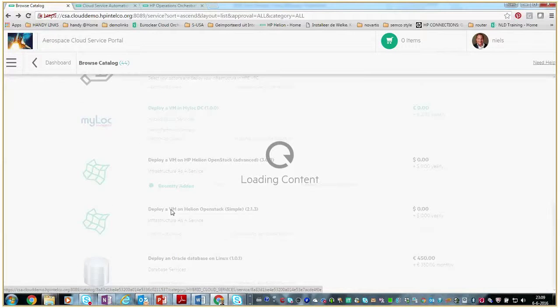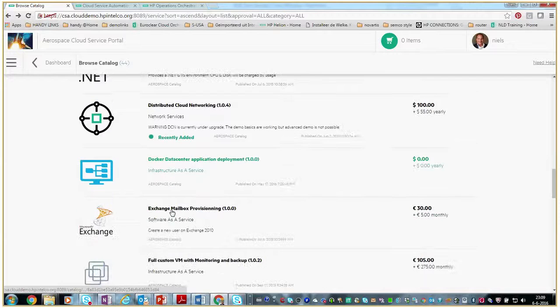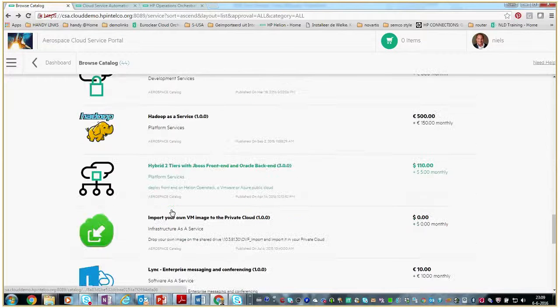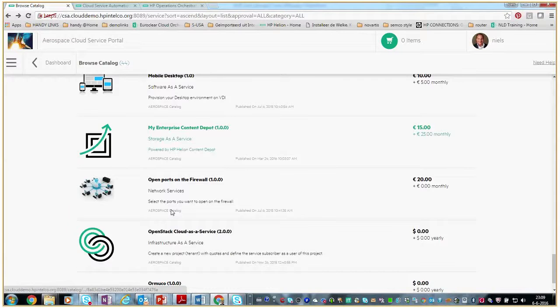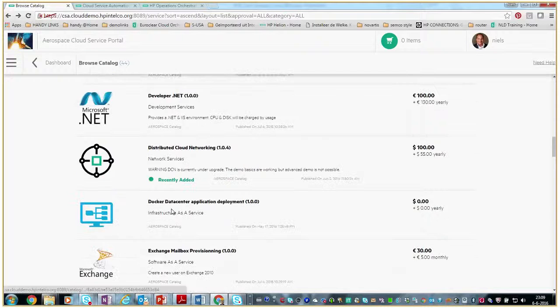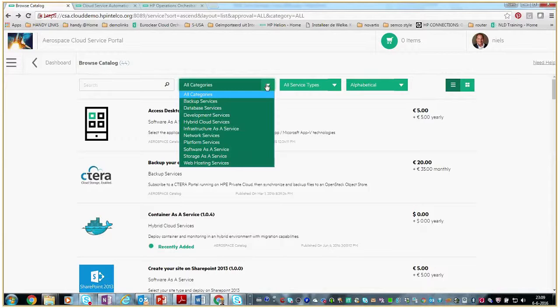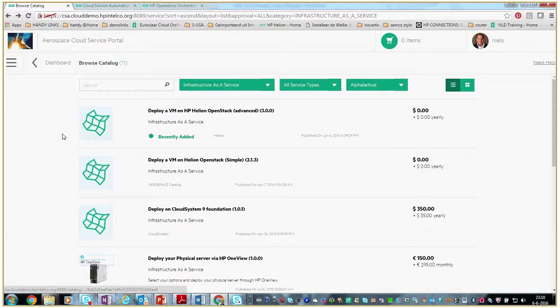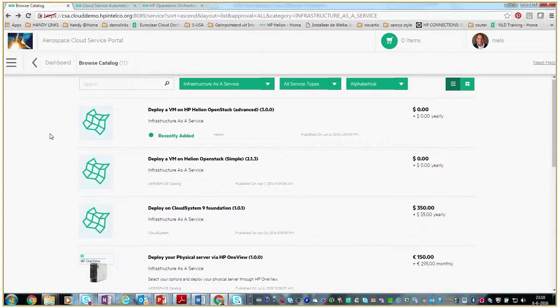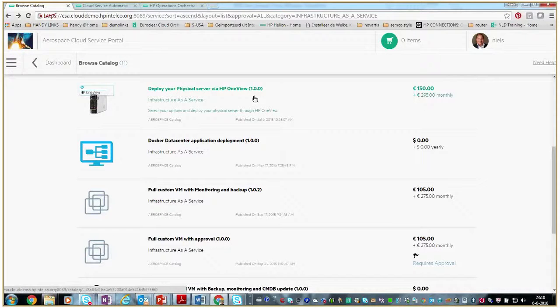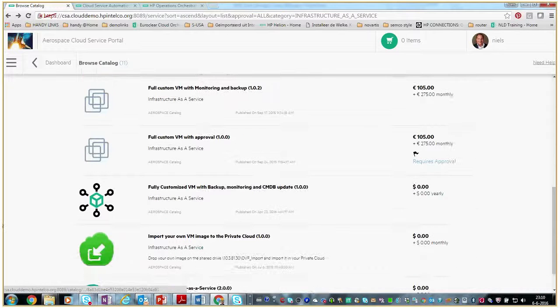Now either I can browse through the entire list as you see it appearing in my list, but that could be an awful lot. Now let's assume I'm a developer that needs a specific VM to apply some tests. So I just need a simple VM that would fit my needs. Now also here I can select several services, but let's go for